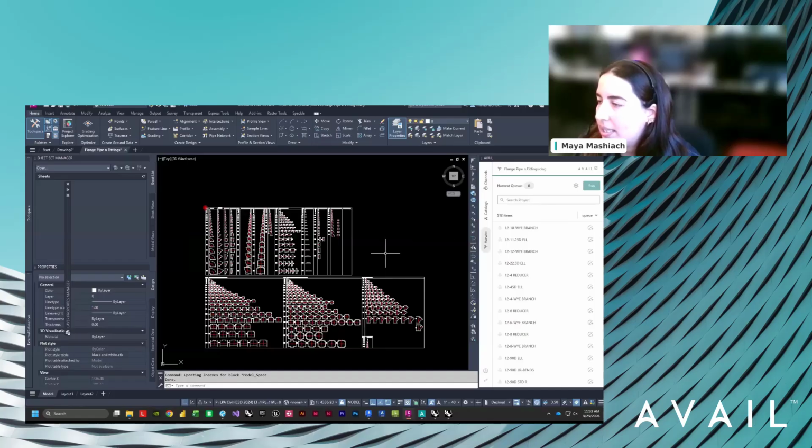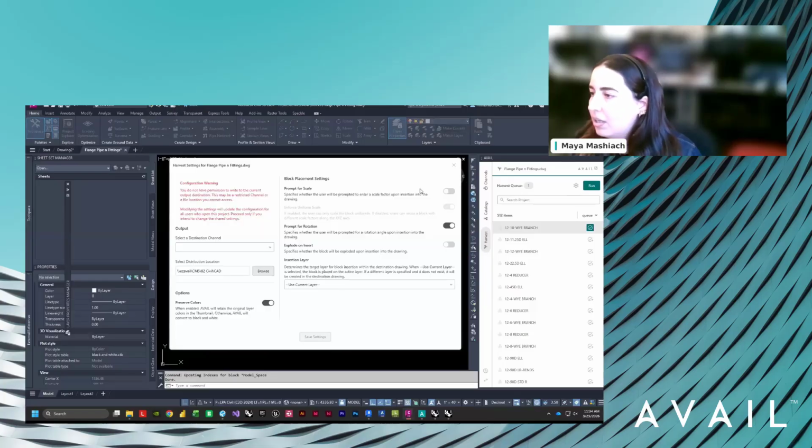I think the one thing that we're still working through is understanding the layer mapping. So that's something we've talked about, Clay. As we know, or for everyone on the webinar, if you pull up your settings file, you can say which insertion layer you would like for the